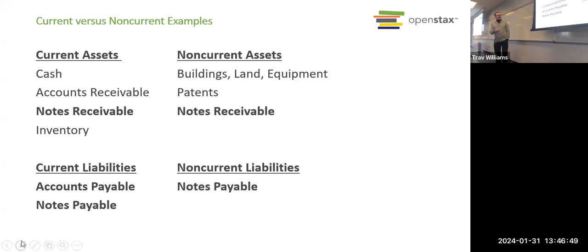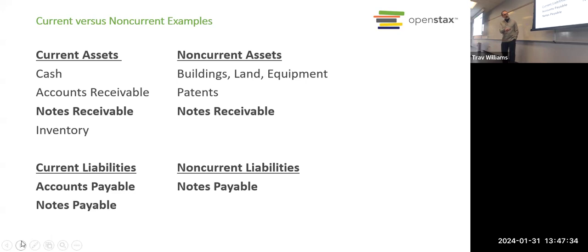Let's look at liabilities. Have we talked about accounts payable? Anybody know what an account payable is? Amount borrowed. Yes, it's when we owe money to somebody else. And this would be a case where we purchased something from a supplier, but we haven't paid them yet. So this is an account that we have to pay on, right? It's the opposite of an account receivable where somebody's going to pay us. In an account payable, we need to pay them at some point in the future. And you can imagine our suppliers don't want to wait a year to get paid, right? So those are current.